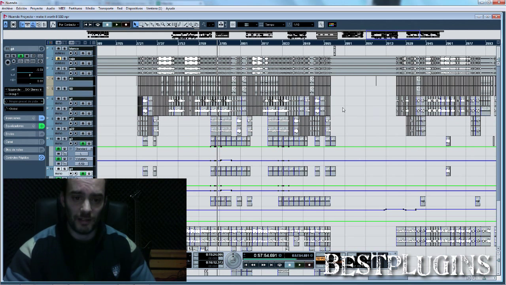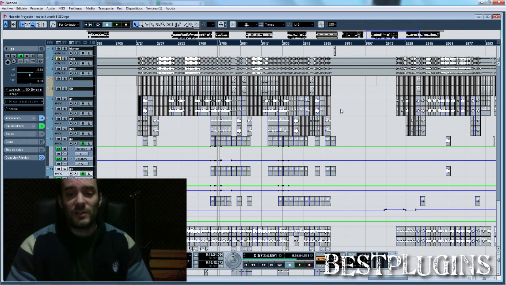And well, this is the configuration of the guitar tracks I usually use in my projects. 2 rhythm guitars, 2 extra rhythm guitars, the radio guitar tracks, and the solo track. 1 or 2 solo tracks, it depends. This is no rule, I mean, you can use all the guitar tracks you want, or just 2, or 3, or 4, or 5,